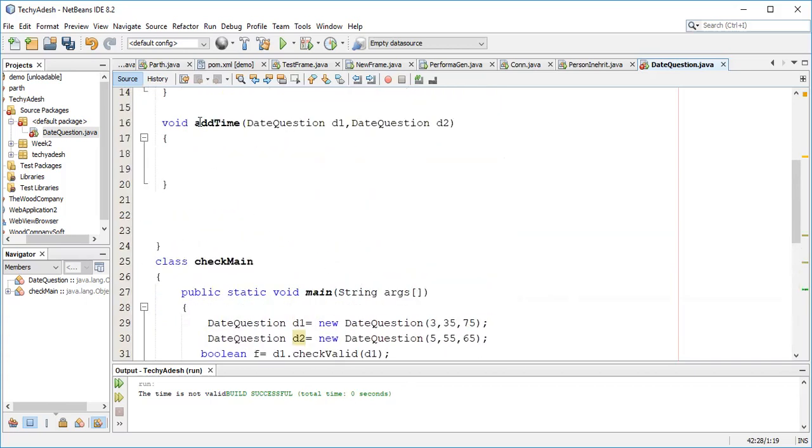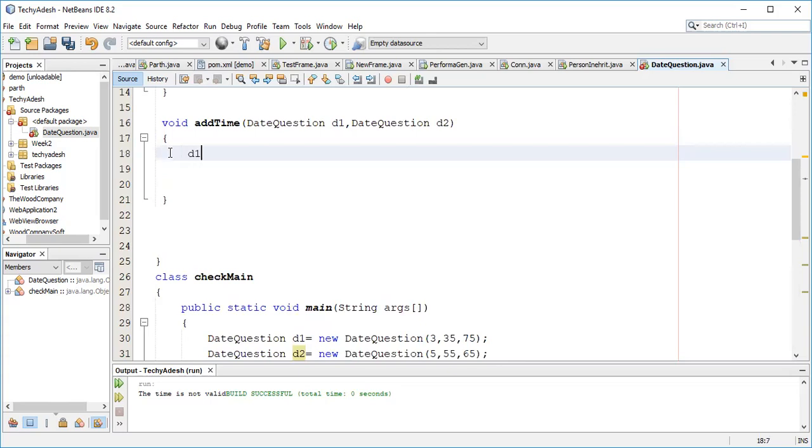So what is the function when I'm trying to add two times? First of all, I will add these time objects. How? Let me show you how I will try to add. I will add the respective values, for example d1.hours.